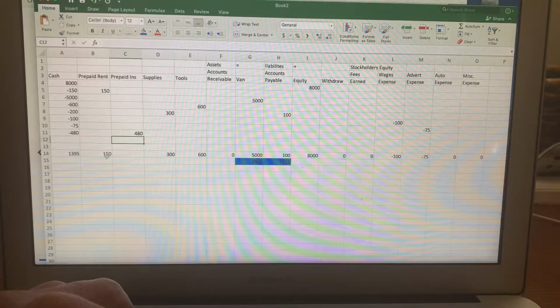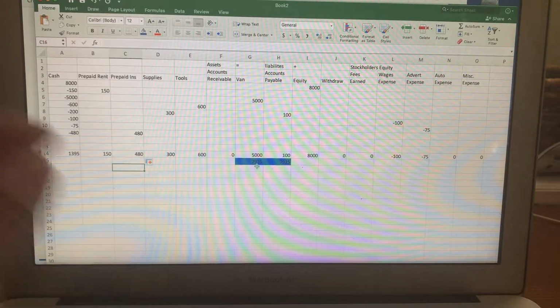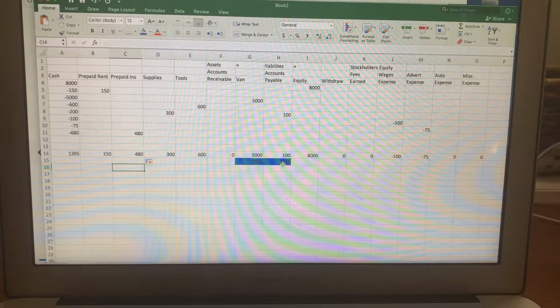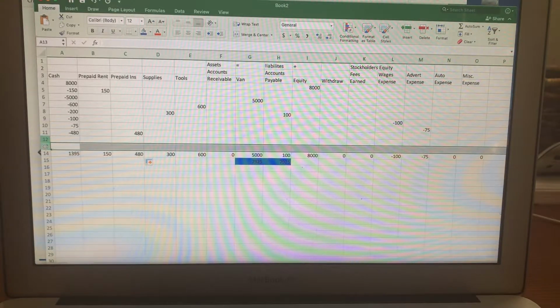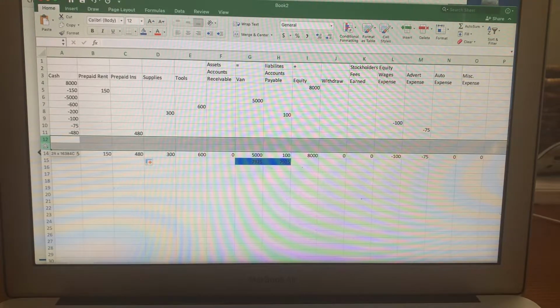Now it's not going to balance yet because I need to copy this over. So all I did was copy that sum over into column C. So now 7,925, 7,925. Keep in mind these always have to balance and equal each other. So I'm going to add some more rows here because I need more rows. Insert,